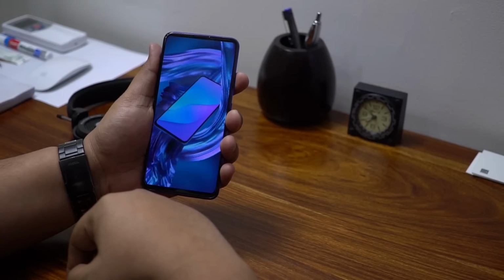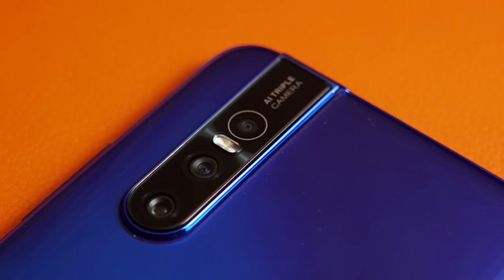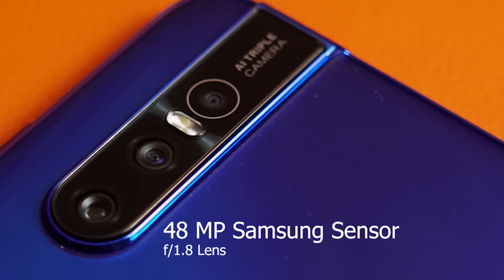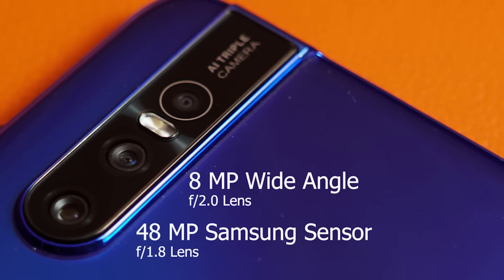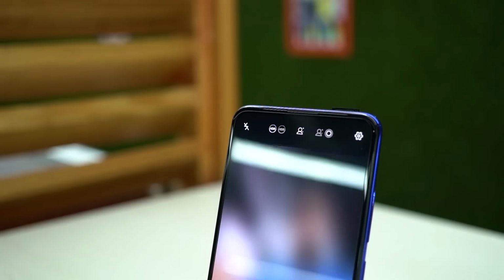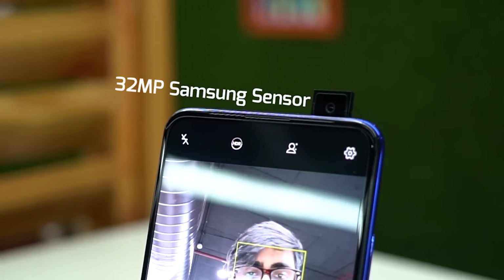Yes! Let's talk about that one thing that all of you have been waiting for, the V15 Pro's cameras. On the rear, you get a triple camera setup, one of which is a 48 megapixel primary Samsung ISOCELL GM1 sensor with an f/1.8 aperture lens. Then there is a secondary 8 megapixel wide angle camera with an f/2.0 aperture, and finally a 5 megapixel depth sensor. Moving to the front, you have a pop-out selfie camera which uses a 32 megapixel Samsung ISOCELL GD1 sensor